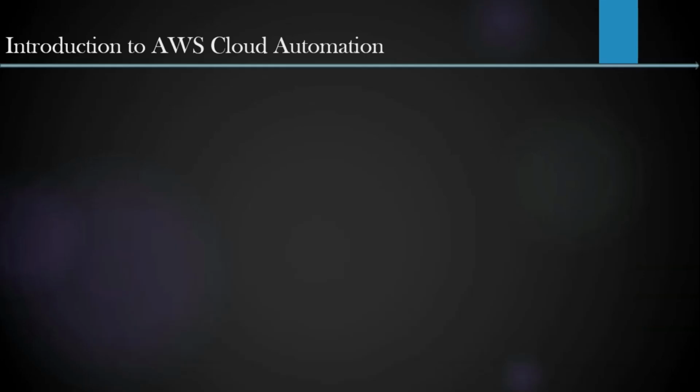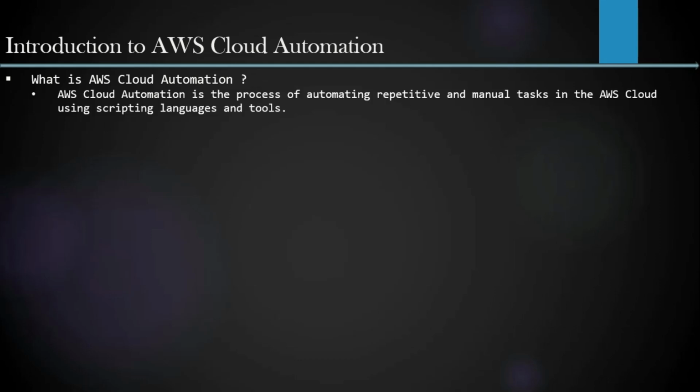First, let me go with Introduction to AWS Cloud Automation. So basically, what is meant by AWS Cloud Automation? Simply, AWS Cloud Automation is the process of automating repetitive and manual tasks in the AWS cloud using scripting languages and tools. First, let me give some of the repetitive tasks like deleting unused EBS volumes, terminating idle or